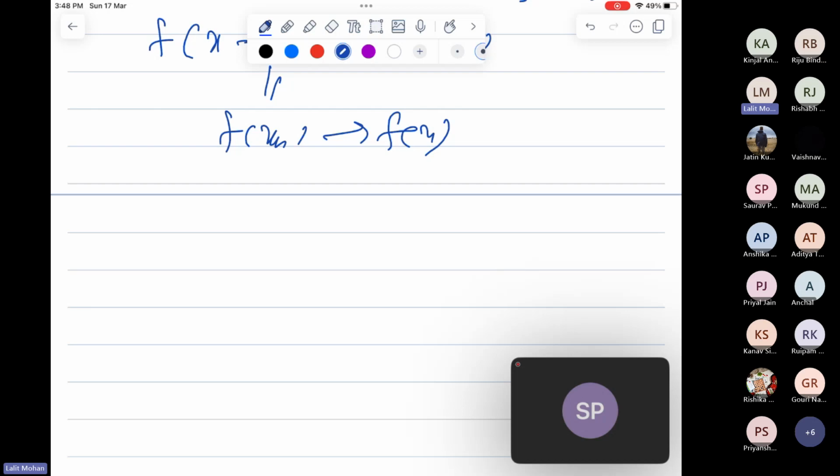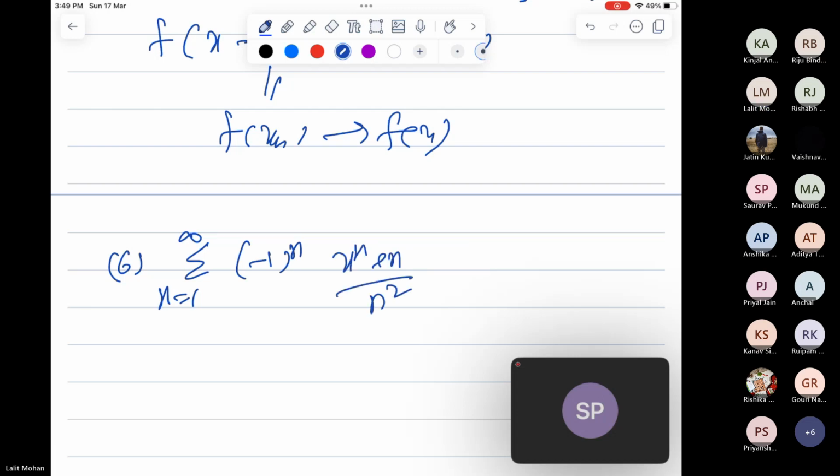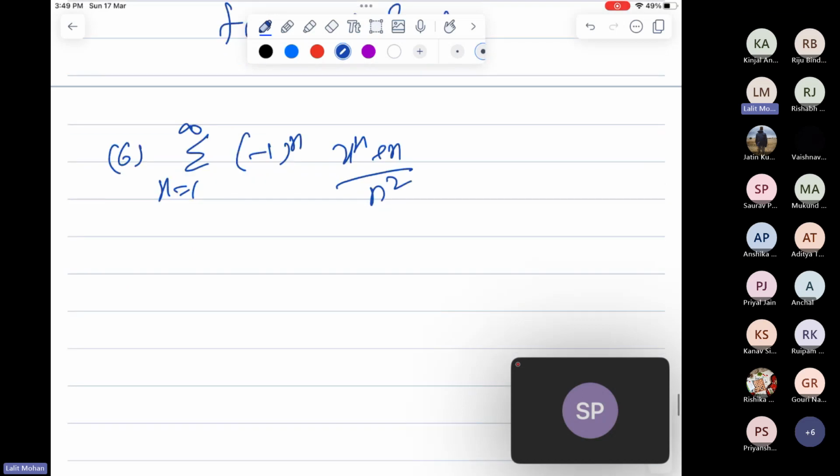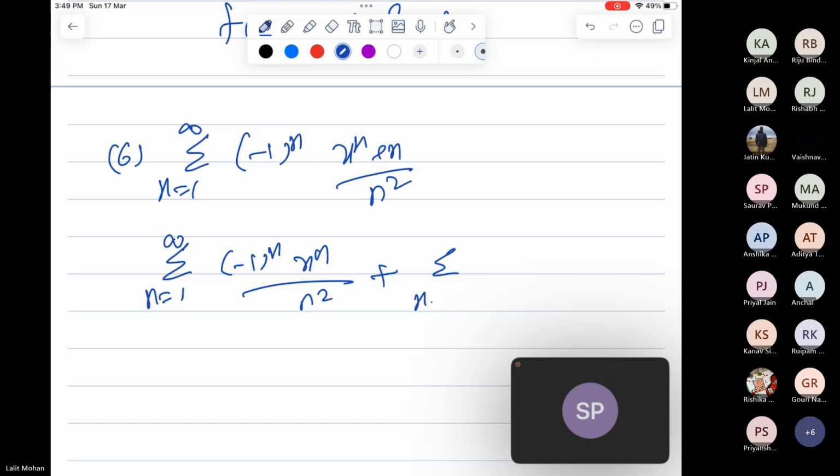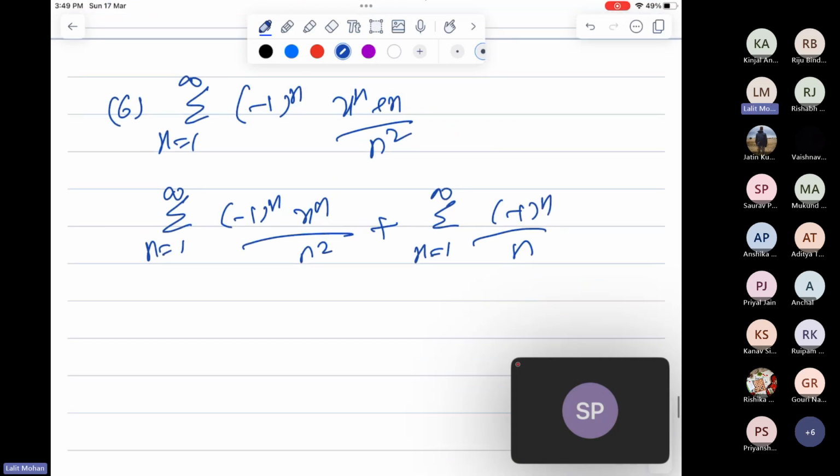What is the next question? So the sixth question is the sum from n equal to 1 to infinity of minus 1 by n. We have to show that this series converges uniformly in every bounded interval, but doesn't converge absolutely for any x value. So you can just split this series. So this will be xn by n square plus, when the interval is bounded,